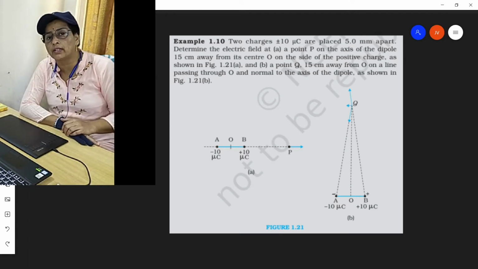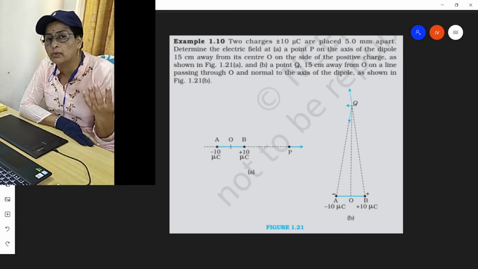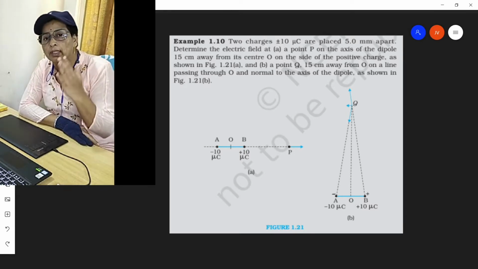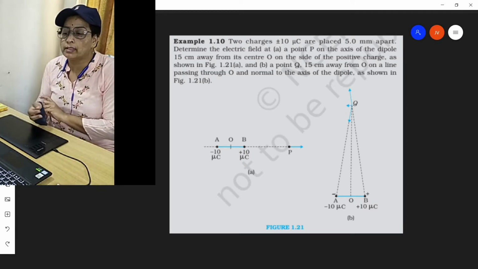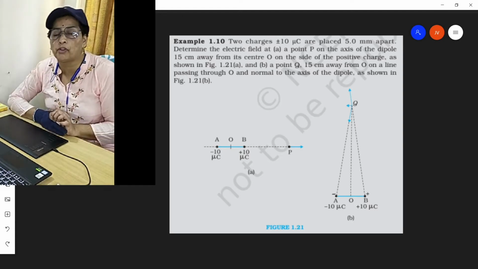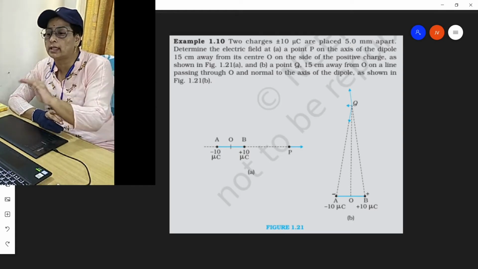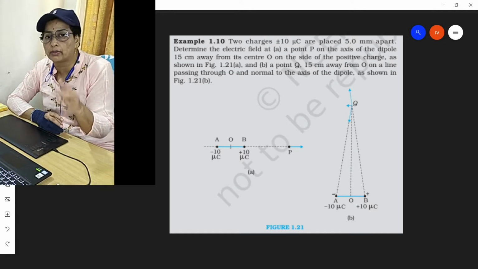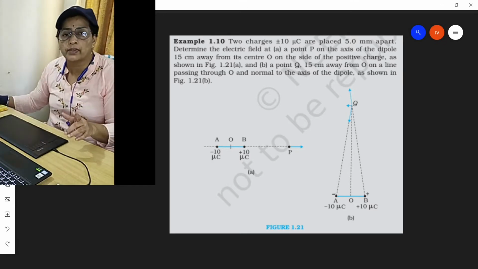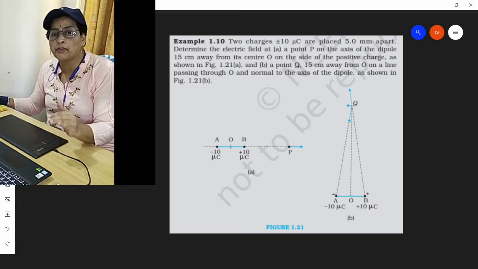We know that the electric field along the axis is more than the electric field at a point in the equatorial plane. So here we can opt to derive the formula for electric field, put the data that is given in the question, and calculate to get the answer. Or since we have already derived it, we know the formula.